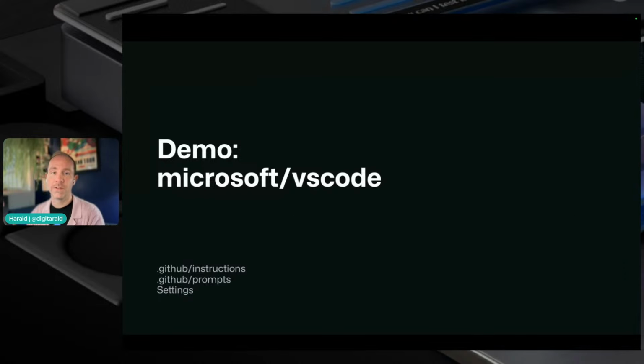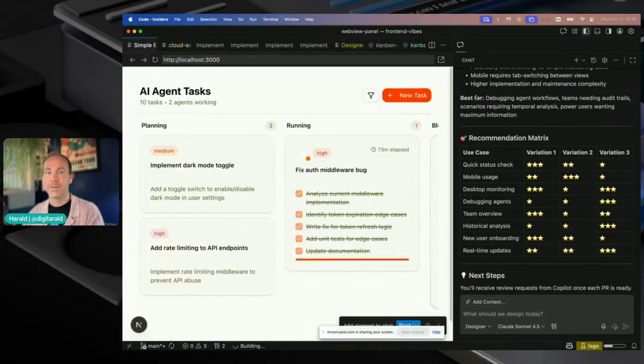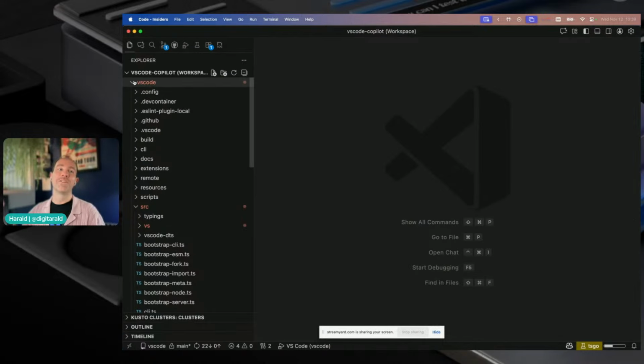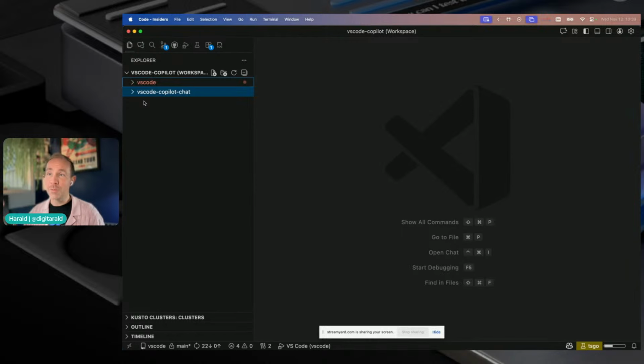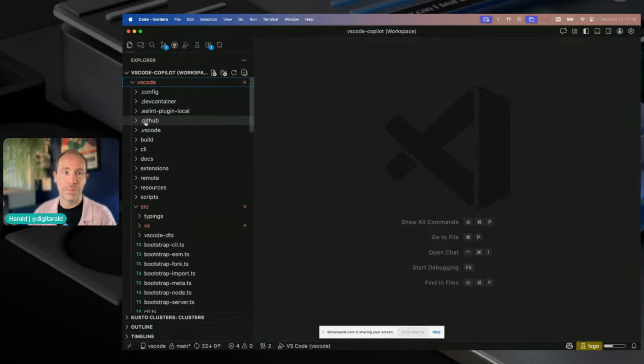So let's look at VS Code. Actually, let's just look at this one for the last time. This is a really nice dashboard. I like this one. Okay, look at VS Code. So the VS Code repo I have open, it's open source, so you can look at the VS Code repo as well. So this is the Copilot Chat repo, which is also open source, and this is the VS Code repo. And if you look at